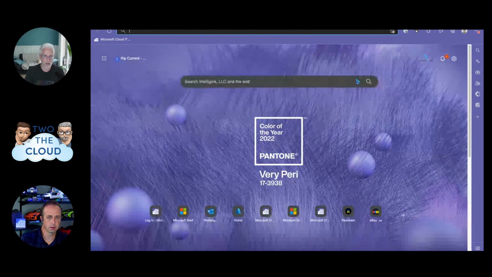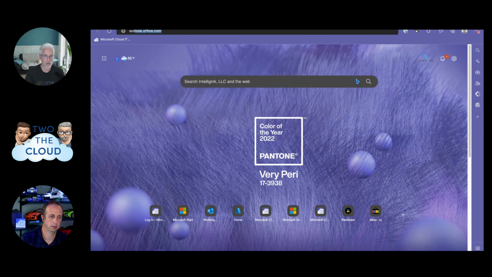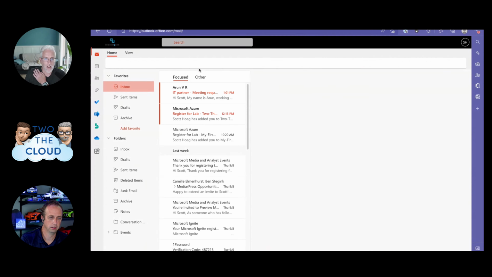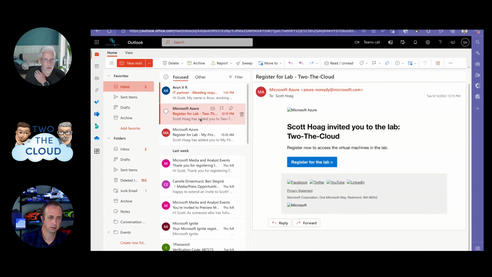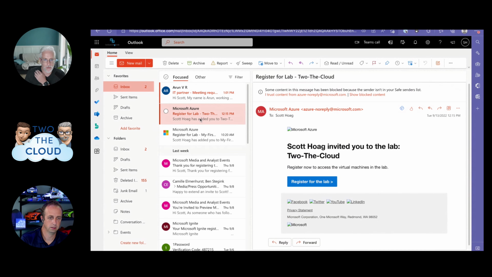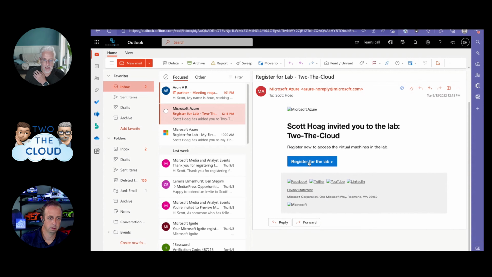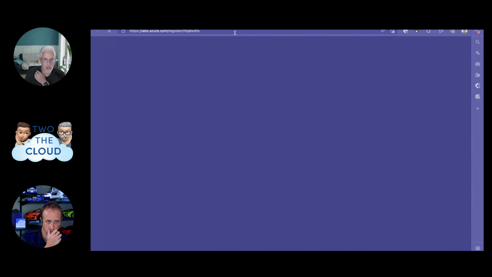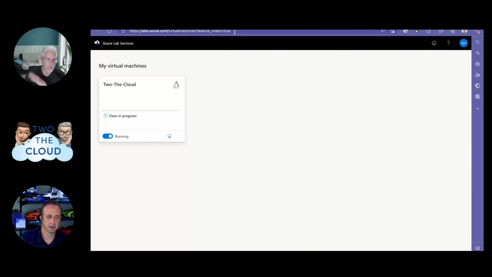So it's a little weird. Let me see. I don't know how much of this is going to show, so this could be dangerous. But we'll come in really quick here and say, I want to register for a lab. You can see that it gives me this registration link to actually pop in and see a lab. And once you've registered for the lab that you've been invited to, you'll be able to see that environment and get it all spun up.